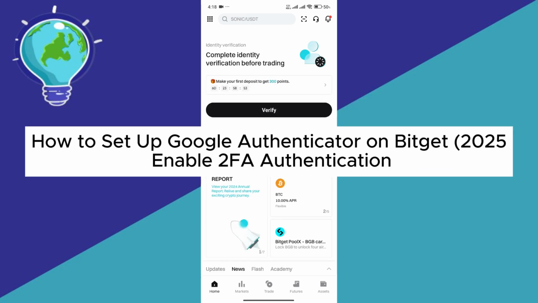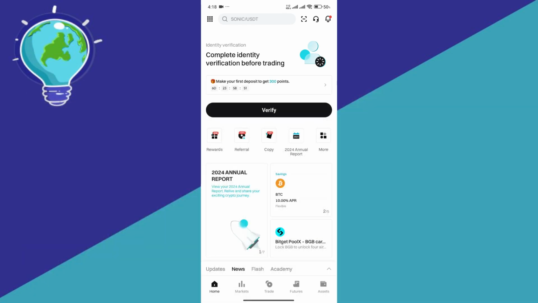How to set up Google Authenticator on Bitget. So hello guys and welcome back to today's video. In today's video, let's teach you how you will be able to authenticate or have a two-way authentication on your